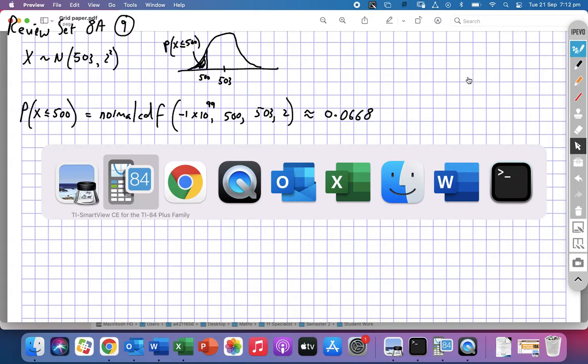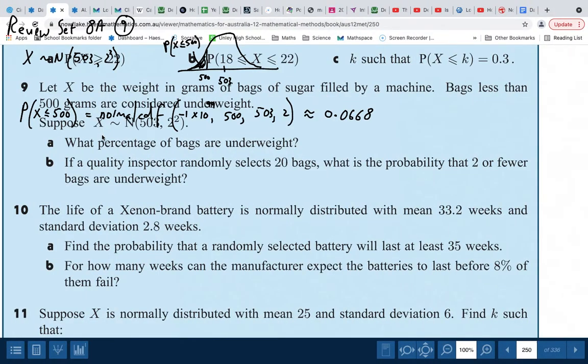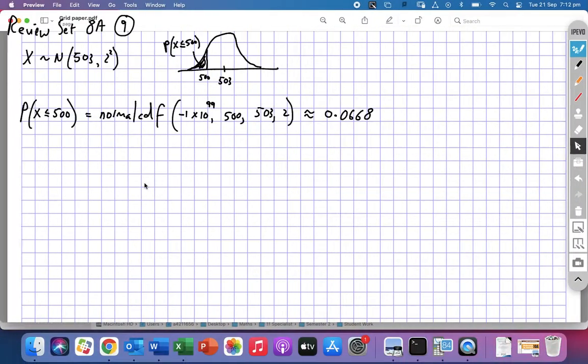Alright, can I fit number 2 on here? Where's the question again? A quality inspector randomly selects 20 bags. What is the probability that 2 or fewer bags are underweight? Okay. Selects 20 bags, probability underweight. So this is a binomial thing. You can either be above weight or underweight, right? So